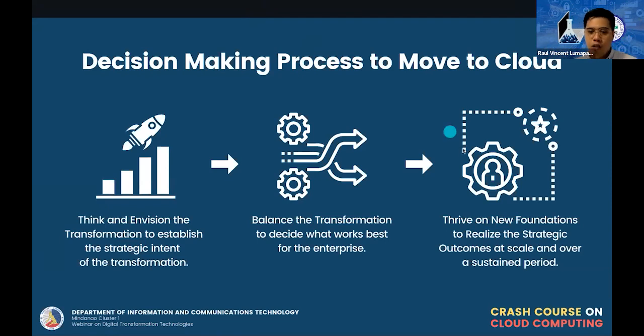And then after that, thrive on new foundations to realize the strategic outcome at scale and over a sustained period. So you don't think about the benefits now. You would think later on. If you have more data already in your repository or in your database, would you not analyze it? You already have sales data. Now, you can see, mas marami pala ang bumibili ngayon ng sabay hot item karon sa kuan because of TikTok. Mas marami pala ang bumibili ngayon ng